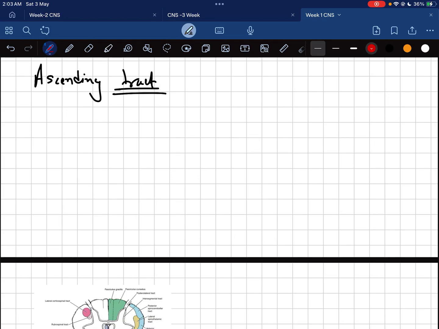In this video, we are going to discuss the ascending tracts, from the spinal cord to the brain. Ascending means sensory tracts, sensory pathways. So it is divided as